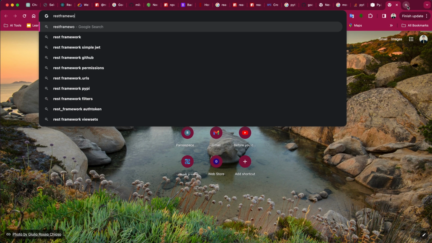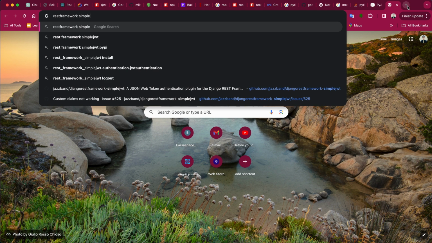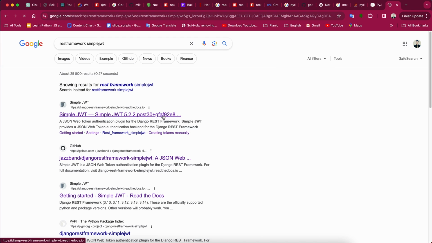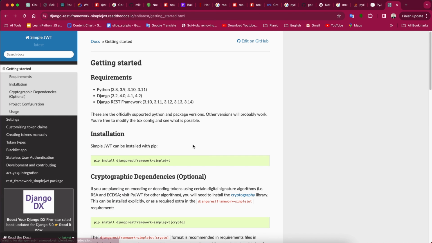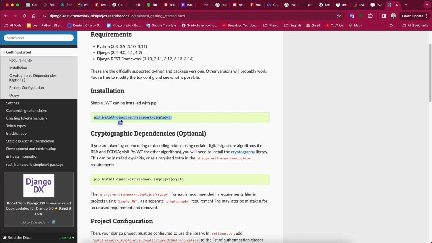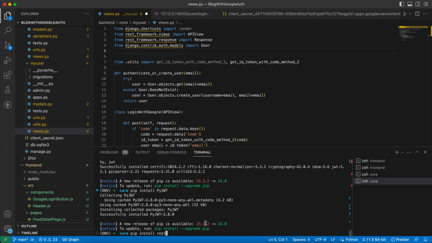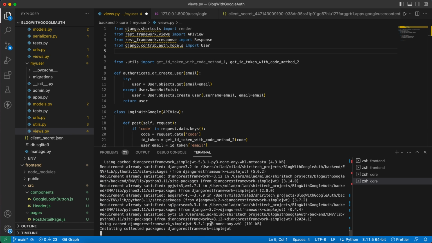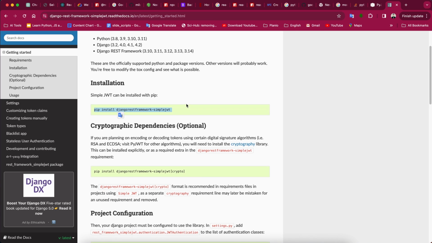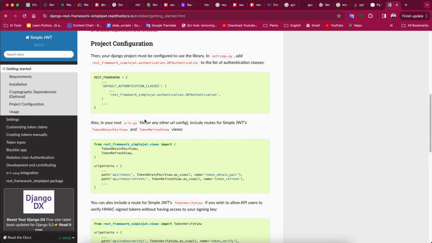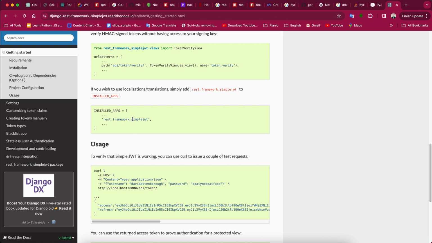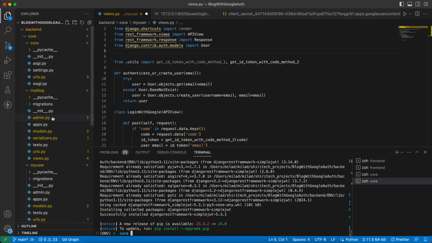REST framework simple JWT. So this is the module, getting started. Copy this. And there should be some settings for that. So we need to add the module to installed apps first. Go to settings,